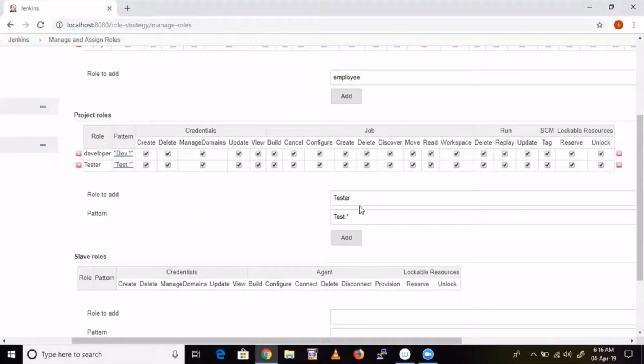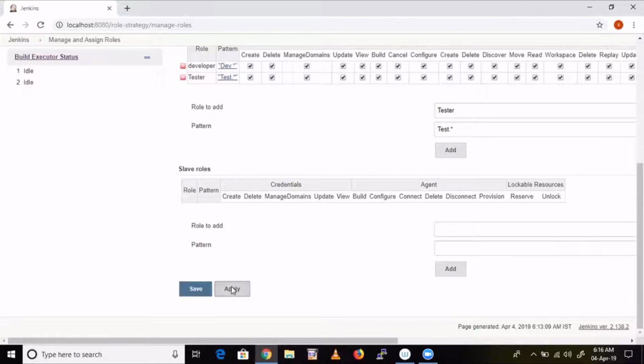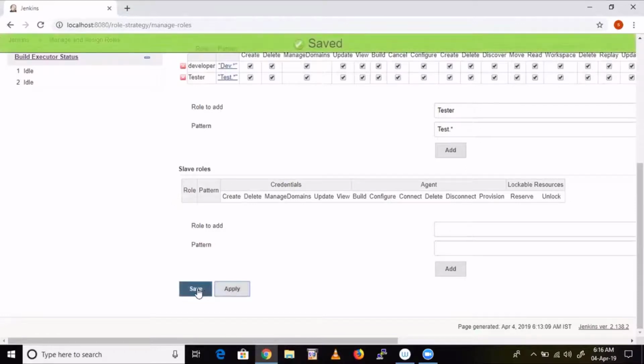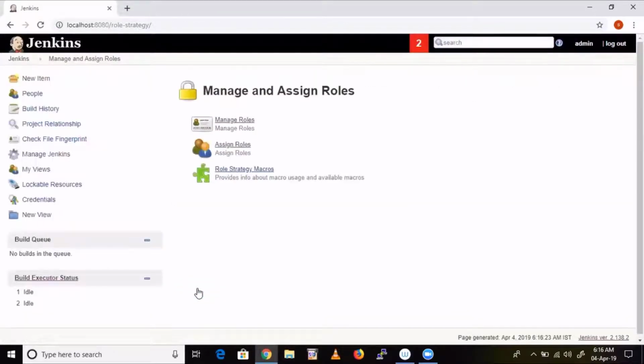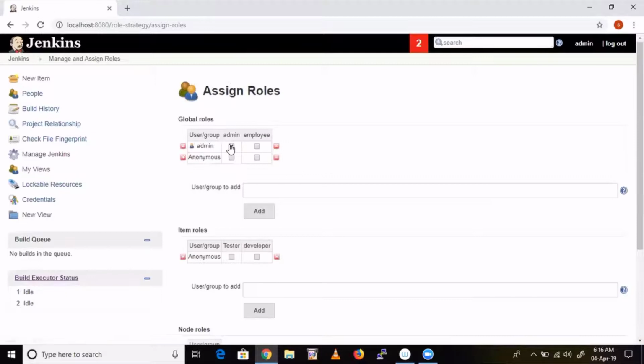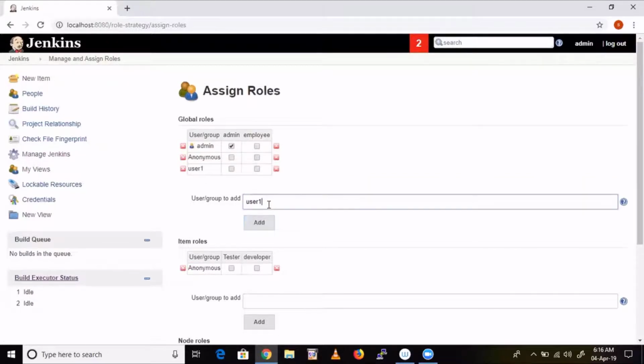That's it, we have attached this role. Now apply and save. We have created the role. Now we need to attach this role to the user side. So go to assign roles. Now see here, you can see the employee role. Let me add user 1 and user 2 here.